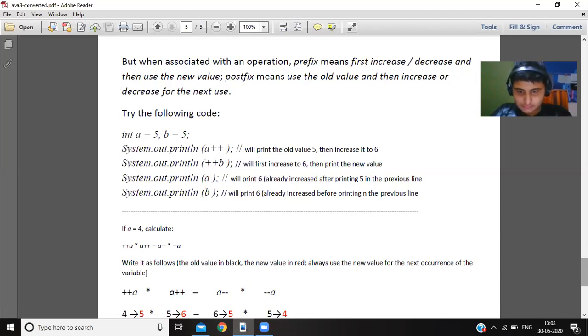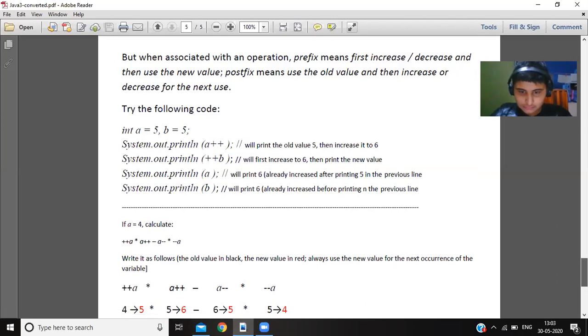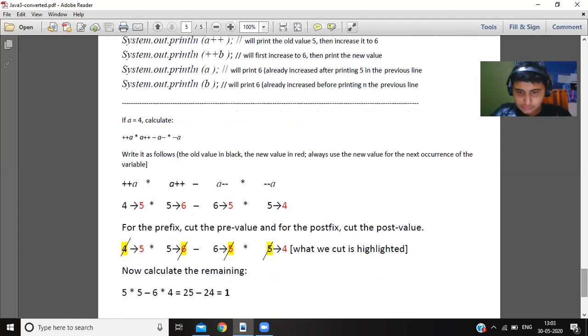Then we gave you how to calculate these expressions. Put the arrow. If it is a pre-increment, cut the pre-value, and if it is a post-increment, cut the post-value. So plus plus A, 4 becomes 5. A plus plus, the last value is 5, so 5 becomes 6.